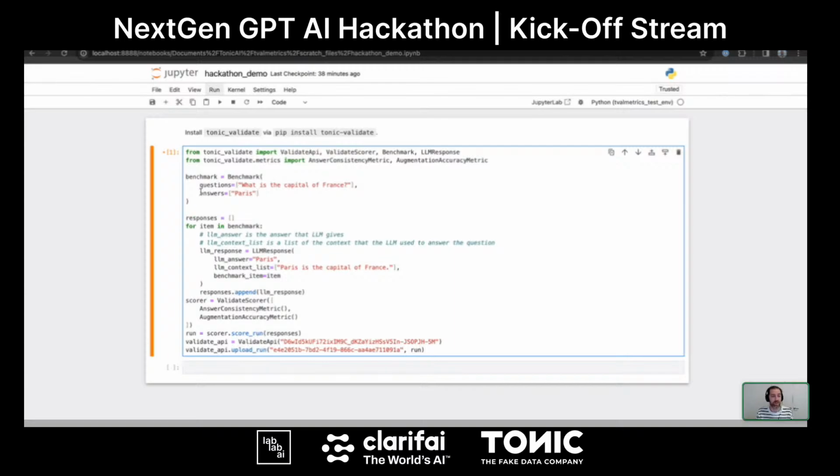The answer is Paris. In this case, you can put a list of questions here, which would be your set of test questions, and then you put a list of answers here. In my case, I have one question, one answer, and the answers that you put here are your correct answers. So the answers that your RAG system produces to these questions will then be graded as compared to these correct answers. Then I iterate over the questions in the benchmark, and I get the responses. Where these comments are here is where you would input the questions in your benchmark to your RAG system and get the actual answers.